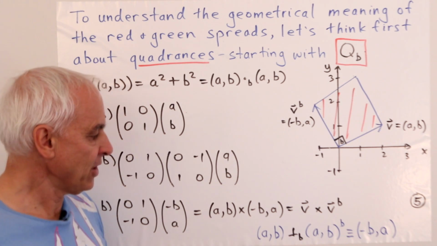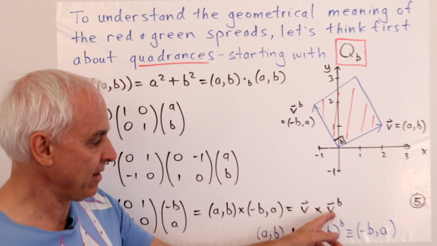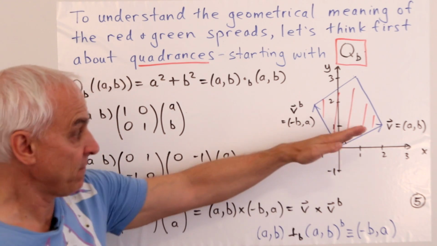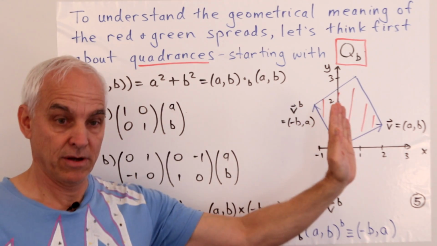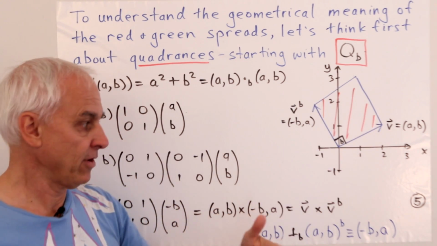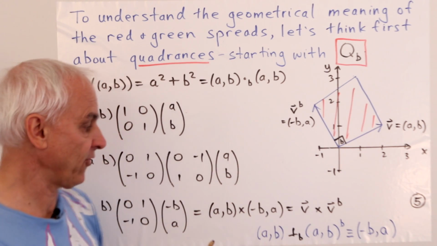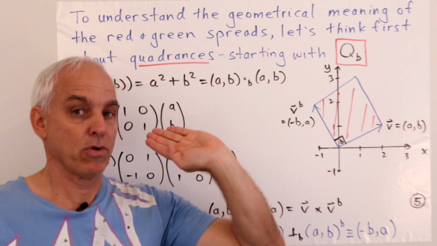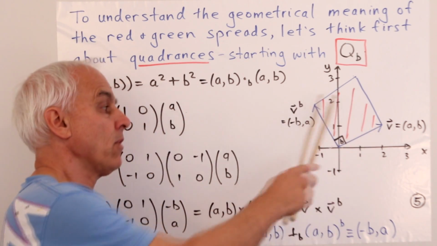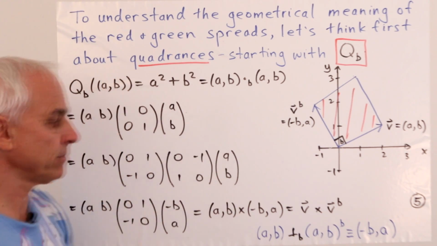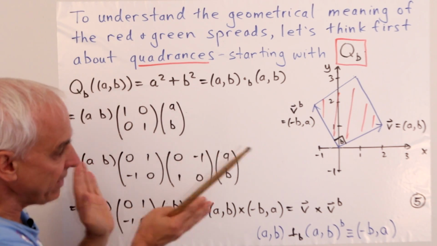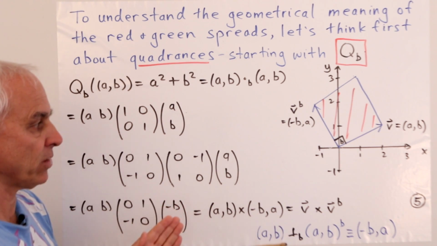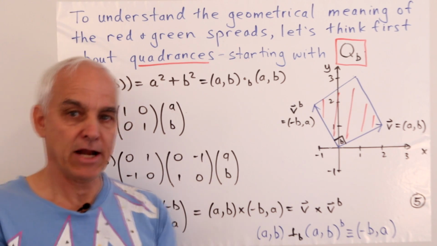And we've seen already that we can give this thing a name. This is v super b. It's a kind of transformation. It's physically a rotation of the vector through a quarter turn. That's what this superscript b operation does. Going from ab to minus ba is rotating it by a quarter turn in the positive or counterclockwise direction. So when we write things like this, we see very directly that the quadrance is actually a signed area.